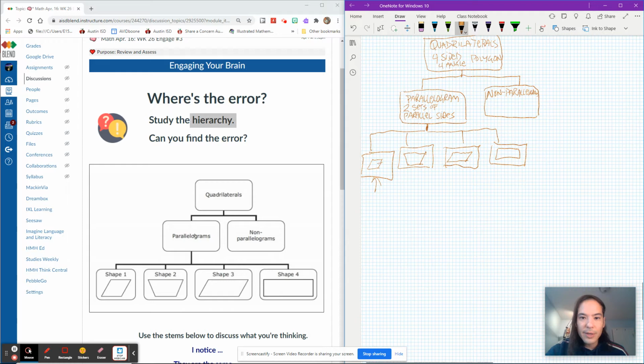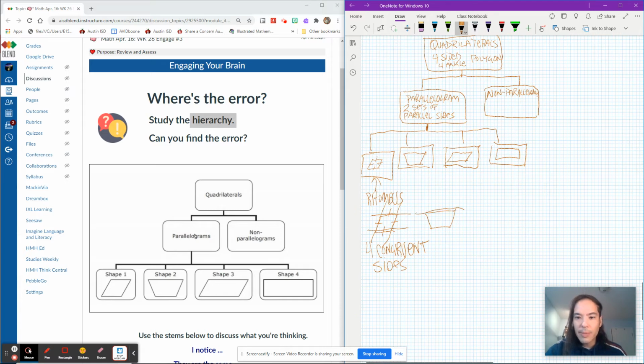So this one over here, we have two sets of parallel sides, right? So these two sides are parallel, these two sides are parallel. And then if you'll notice, all four sides are congruent. So what you're looking at, because there's four congruent sides, that's a rhombus, right? So it's a parallelogram with four congruent, or the same size, sides. All right. The next one we're looking at,